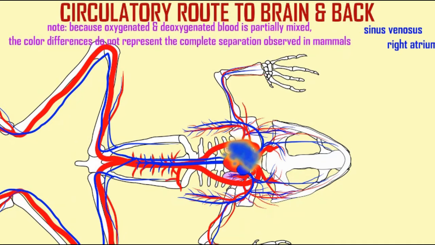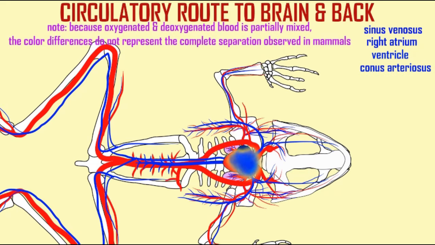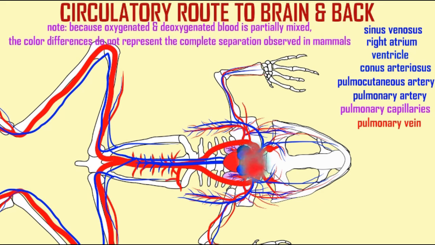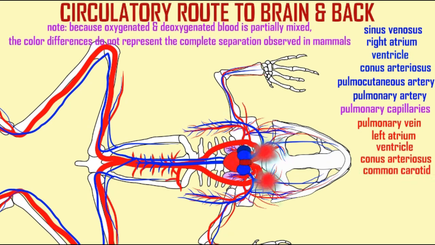occurs and the blood becomes oxygenated, to the left atrium, back to the ventricle where the blood may mix with deoxygenated blood, but thanks to trabeculae or depressions in the ventricle and the spiral valve in the conus arteriosus can stay largely separate from the deoxygenated blood, into the common carotid artery, to the internal carotid artery, to the brain